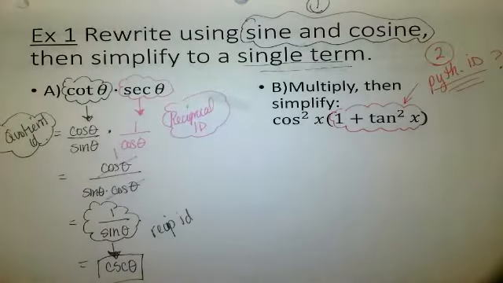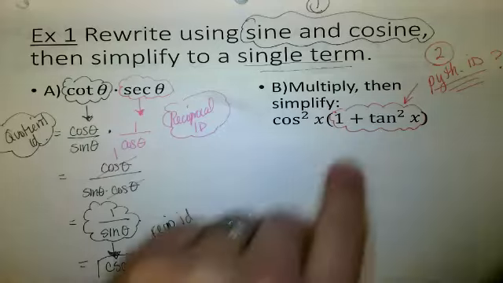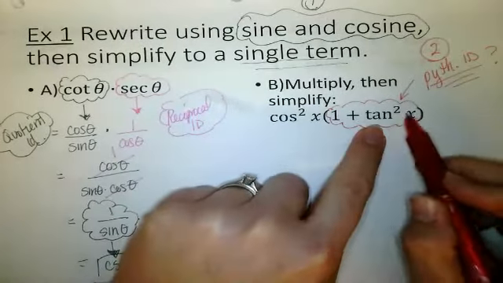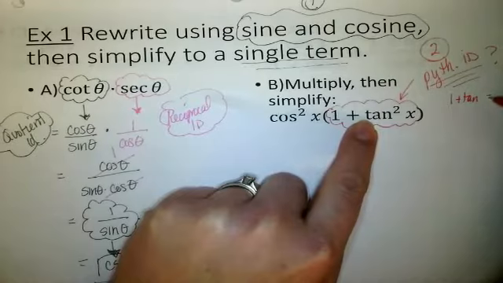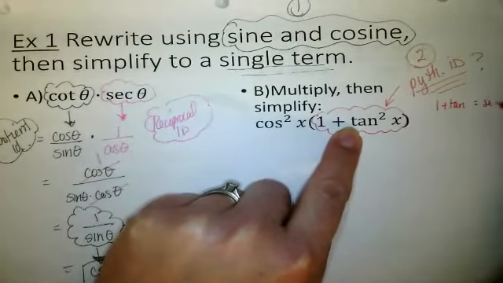If you see things that are being squared, your brain automatically needs to think, what are my Pythagorean identities? And especially if there's a 1 in there, 1 plus tangent squared, 1 plus tan squared theta equals secant squared